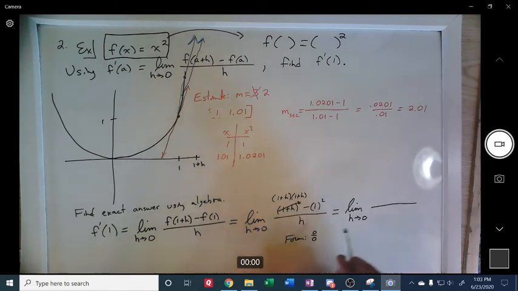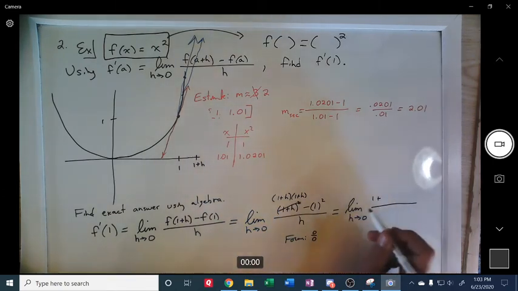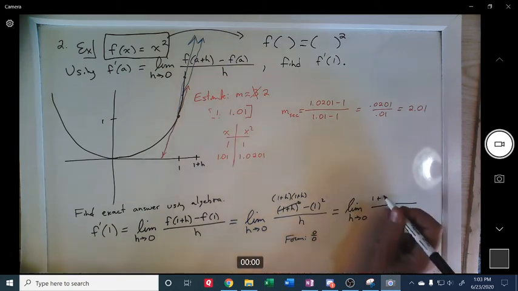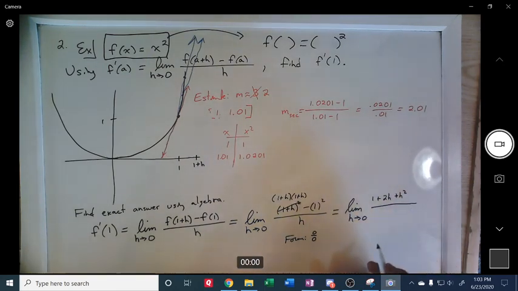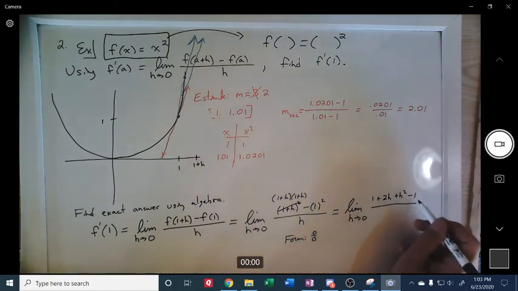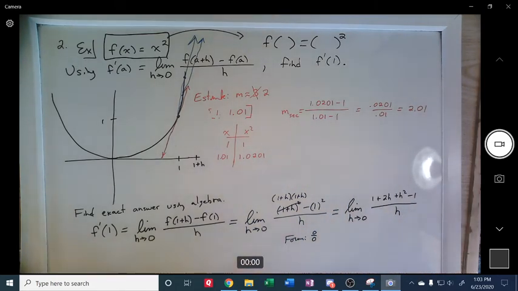And when you FOIL that out, you get 1 plus, you're going to get an h and another h. The two middle terms make 2h plus h squared, and then minus 1 all over h. And then we see that the 1's cancel,